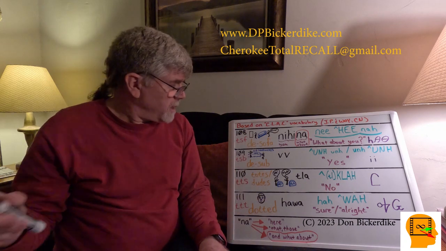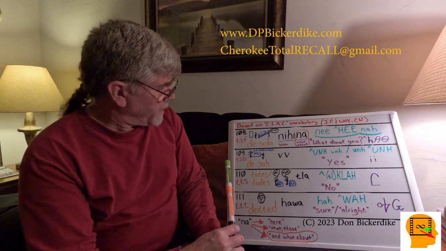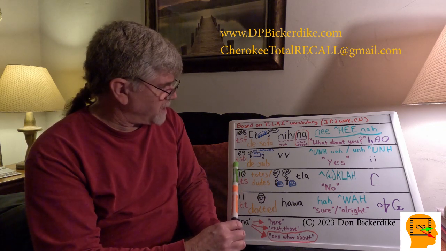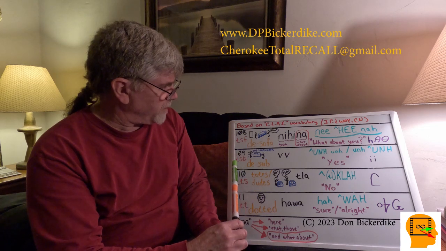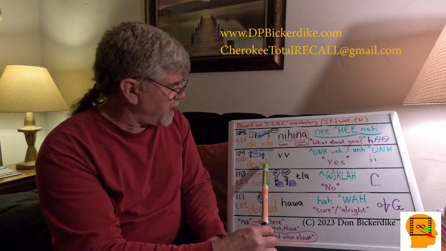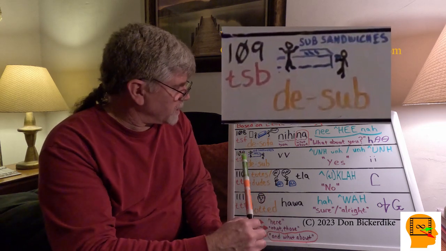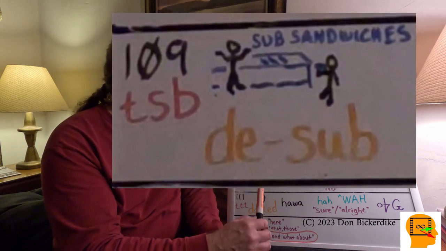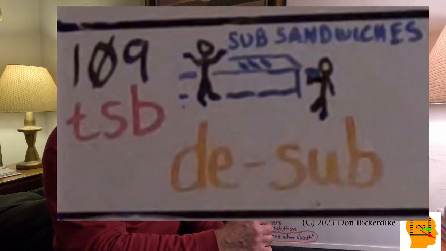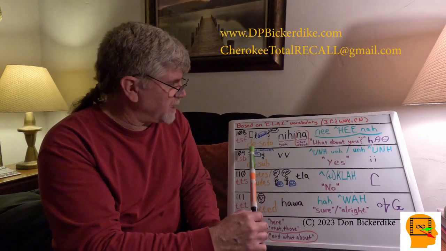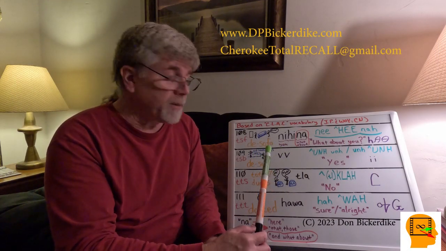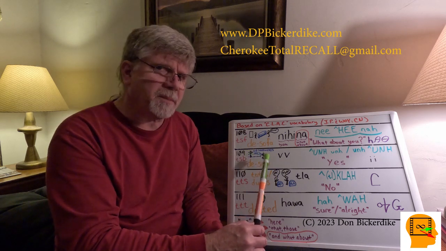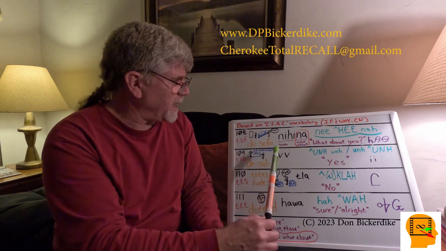For the next word, 109, it converts to TSB. And again, I use a soft T here for a D. It could be DSB, but I use D sub. I think of a father-son going to a sub sandwich place. Maybe it's the son's first time going to the sub sandwich place, and all the subs are lined up on the counter, and the son just walks up thinking it's okay just to grab what he wants, and the father says, did you just de-sub the counter? Did you just take one? And the son says,